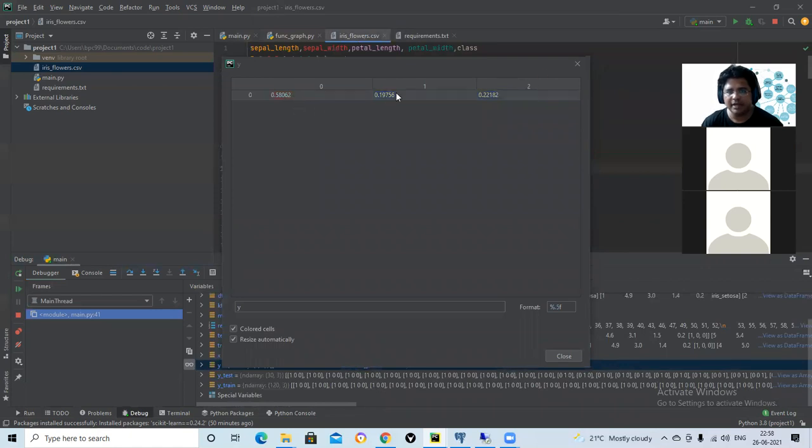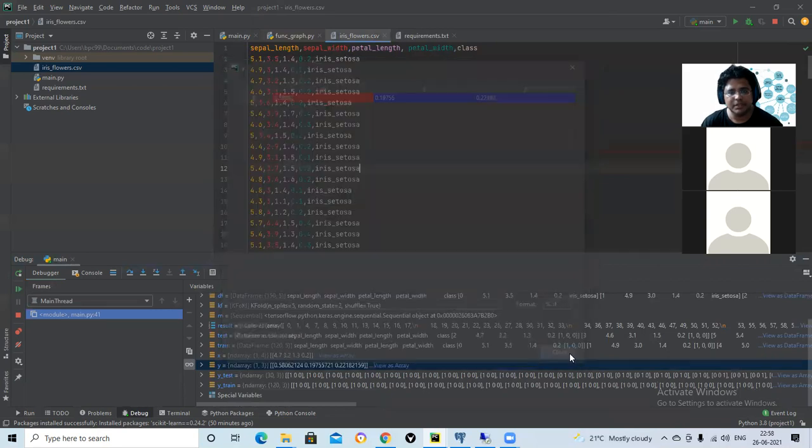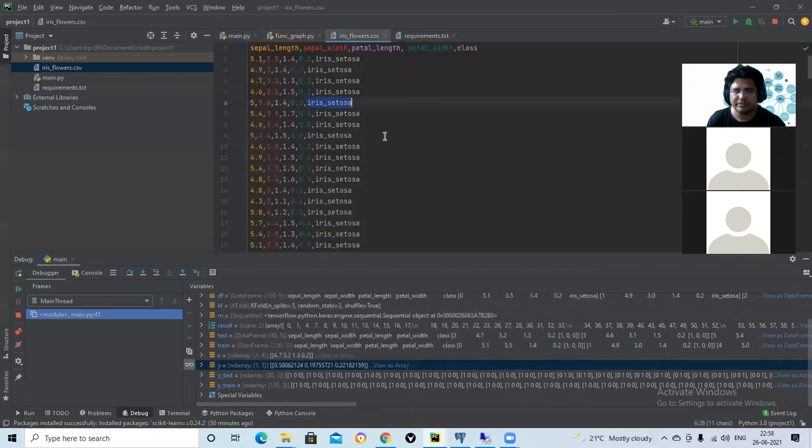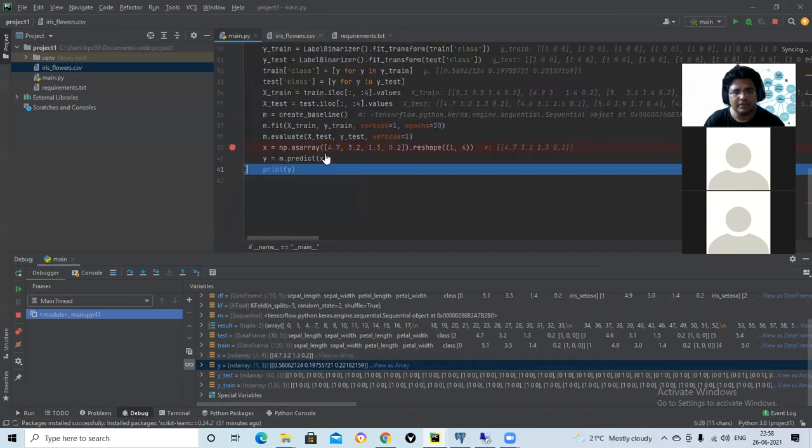So 1, and these two are considered as 0, 0. Softmax, that's why it's called softmax. So we took it from here, right? Iris setosa is encoded as 1, 0, 0. Okay, so we have got the correct output. So the prediction is correct.